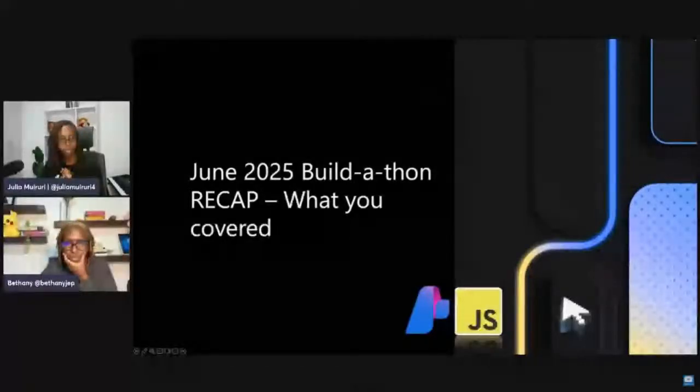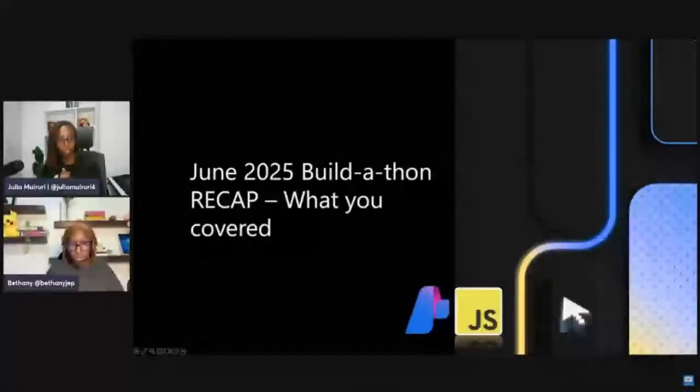Bernard is saying, before the Build-a-Thon, I didn't know you can have an AI agent built with JavaScript and TypeScript. Yes, that is very much possible. I'm glad that you discovered that in the Build-a-Thon. All right, someone is asking, if we submitted around 4 hours ago, will that be considered as a submission? Yes, every project that is submitted all the way till Friday this week will be considered, so no need to worry there. All right, so let's move on.